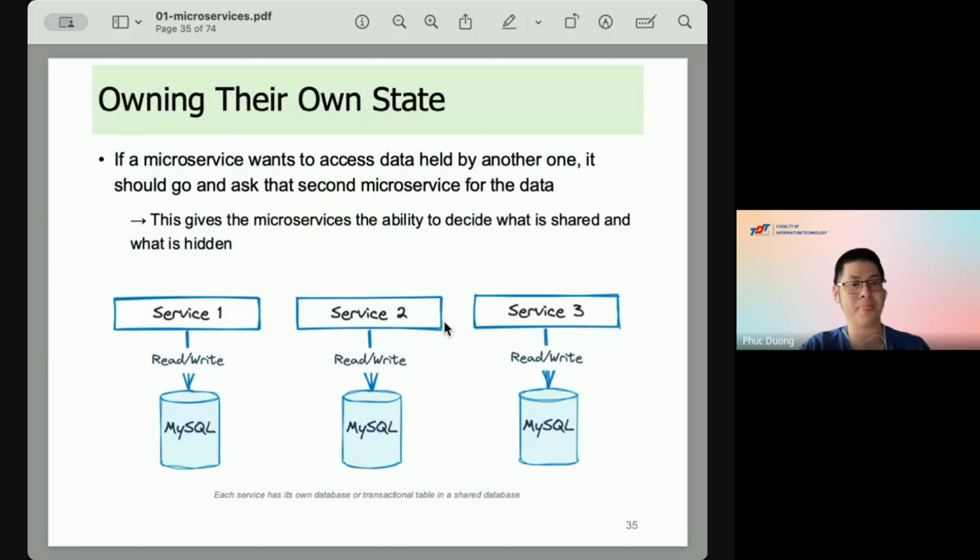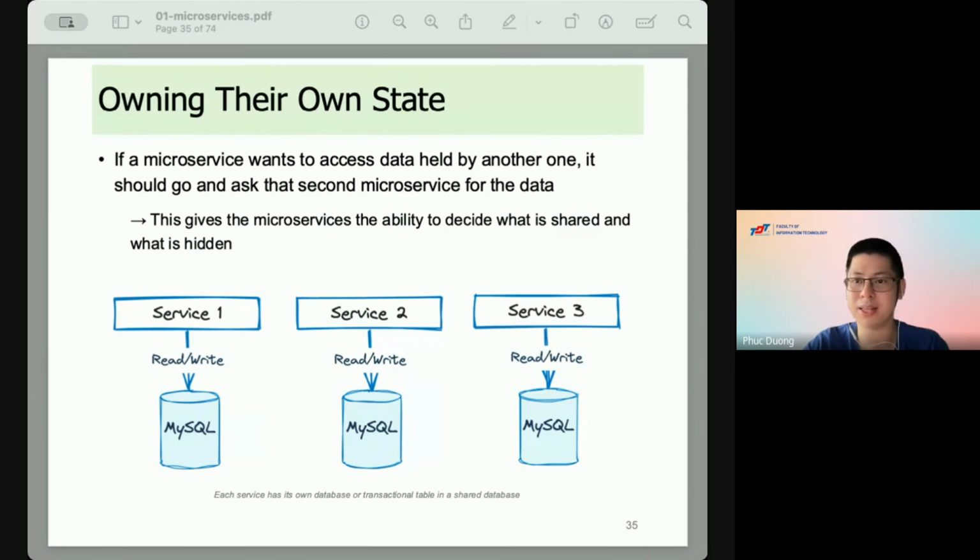Now, the next concept we call owning their own state. The idea is that microservices should avoid the use of a shared DB. You need to remember this.